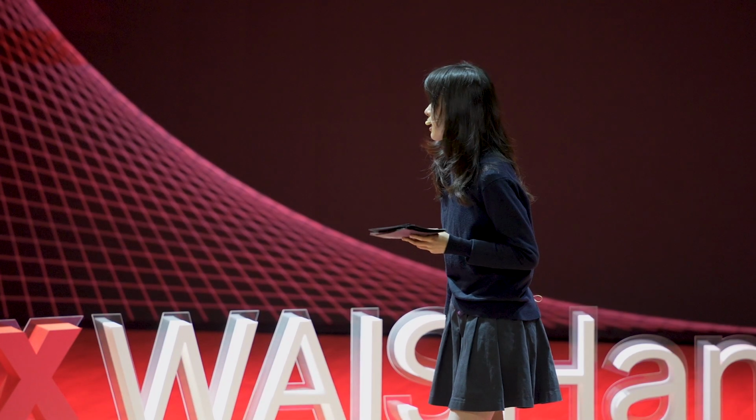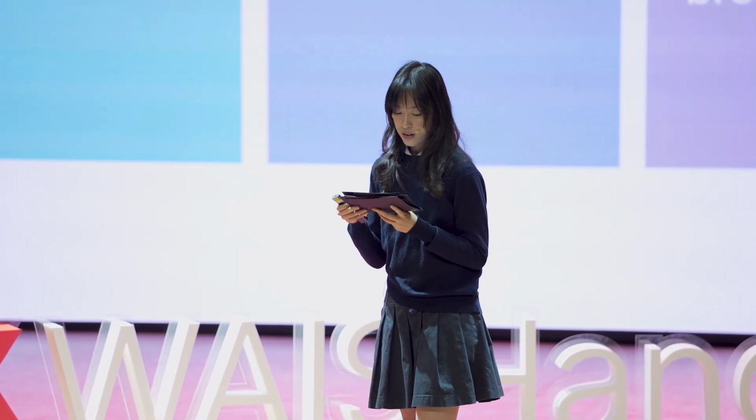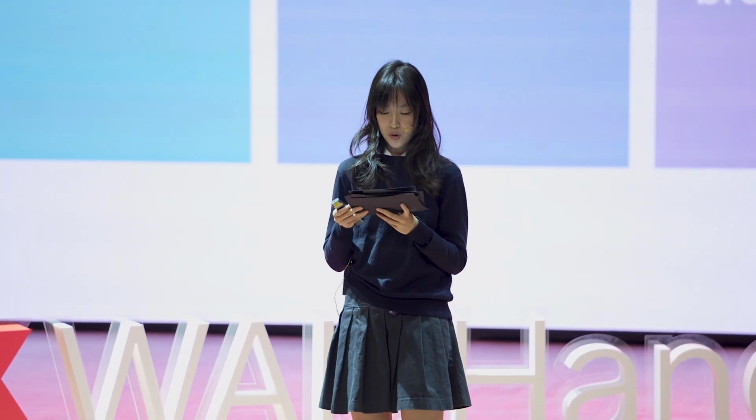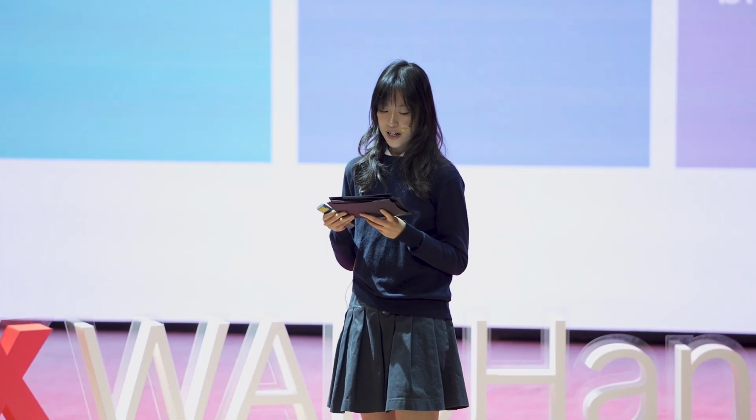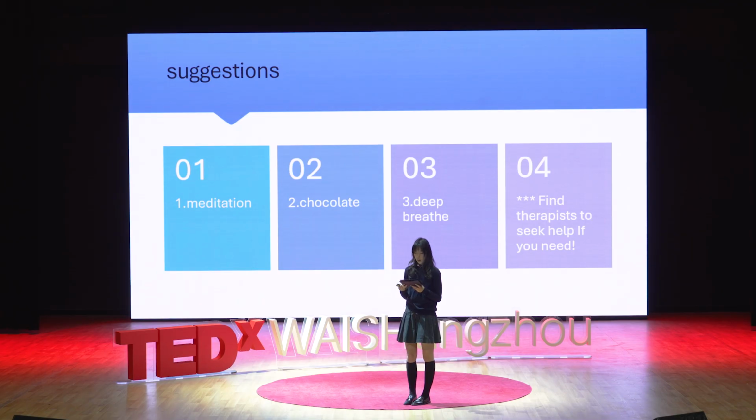First, meditation. Take 10 minutes to meditate sitting in a quiet zone. Find a YouTube video that guides you through meditation. Your body and brain will become deeply relaxed during the meditation exercise. Second, just eat some chocolate. Chocolate can help you calm down by raising the serotonin level of your body. Third, breathe deeply. Allow yourself to calm down and transfer your attention away from the things you are worried about.